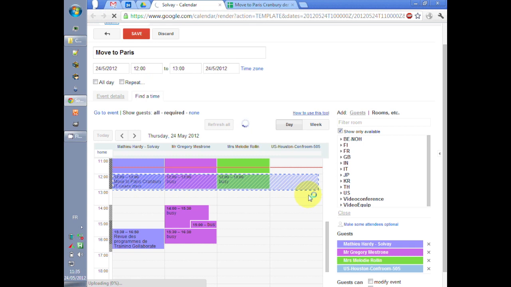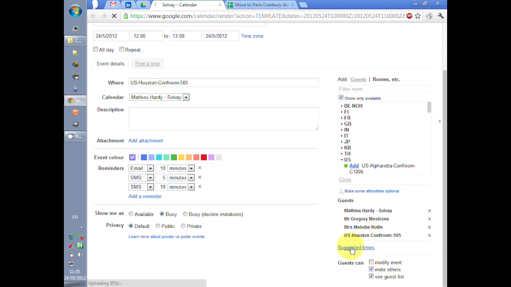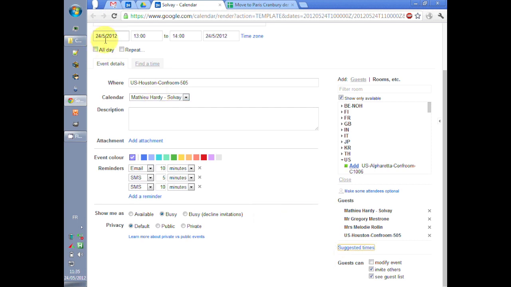So you see now is not a good time. I could do this manually. So this is my calendar, Gregory's, Melody, and the meeting room's calendar. But that's a bit annoying. So I'm gonna ask Gmail to find the time for me. So the next first hour when we are all available seems to be today at 1. So we'll take today at 1,